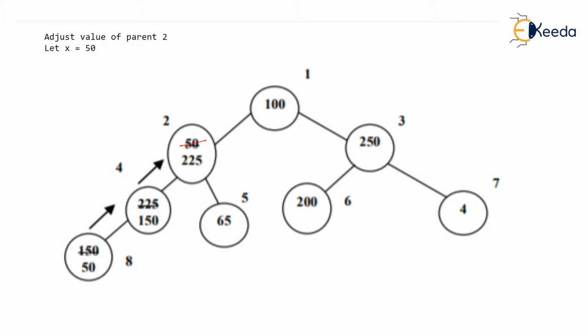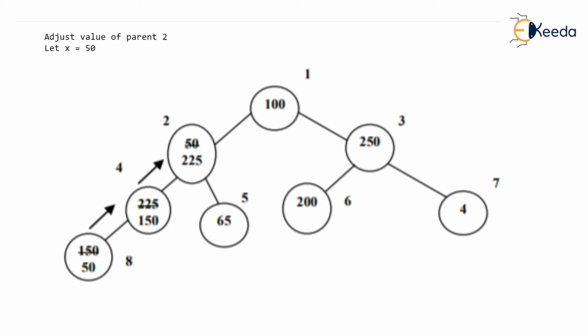I hope you have understood. But then what about 50? Wait a minute, you will not fix 50 over here. Because before you fix 50, at the fourth node, you just peep down and see what's there currently at the eighth node. Well, at the eighth node, currently we have 150. How can you have 50 at this node? Because then this will disturb that parent value, which should be greater than its child. Even 150 is larger, so 150 is shifted up. And 150 will now be stored at the fourth node. Now, finally, you can store 50 at the eighth node.